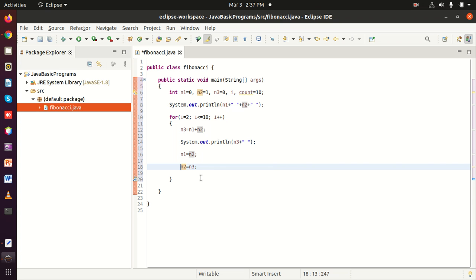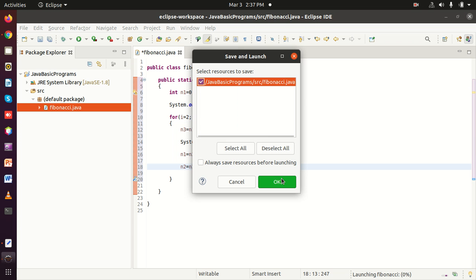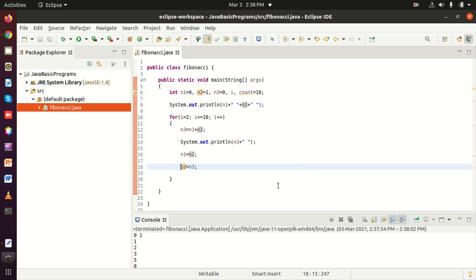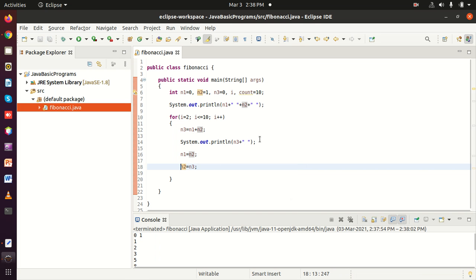Now since the code is already completed, I am going to run it by pressing Ctrl plus F11. Okay, now we can see here 0 1 1 2 3 4 5. Since the output is not in proper manner, I will manage it here.